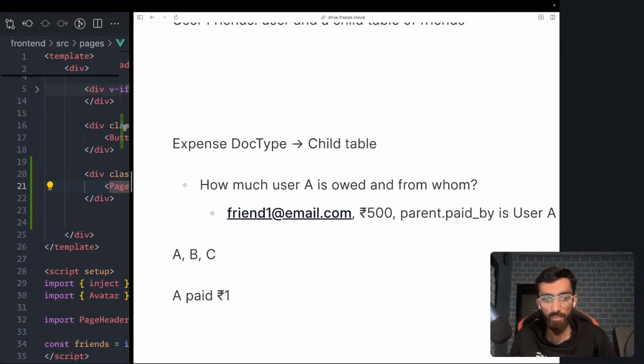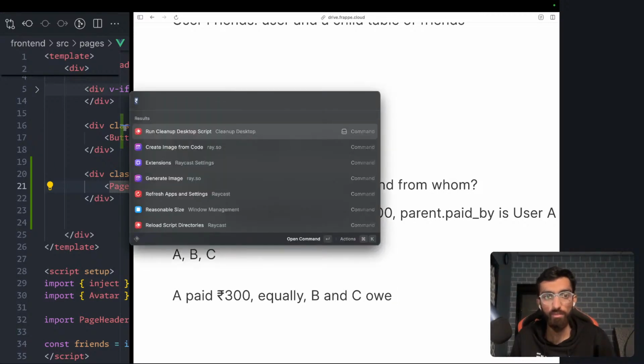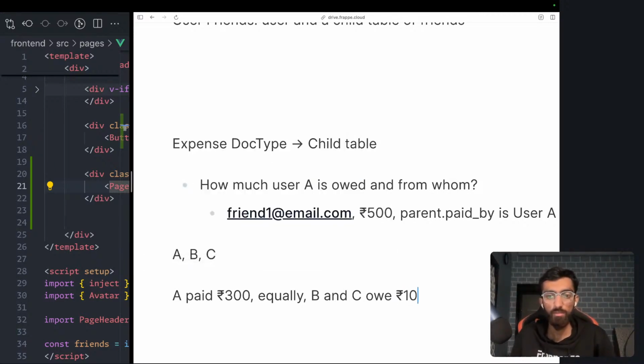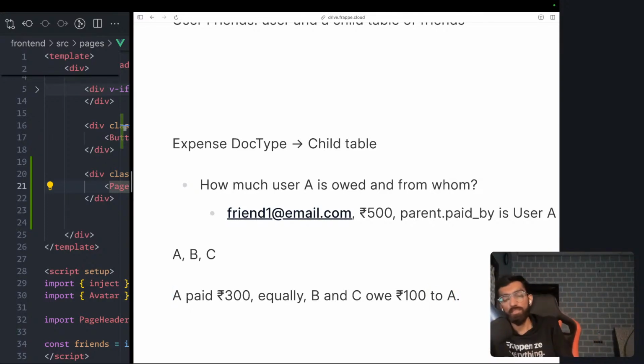A paid 300, equal distribution, B and C owe 100 to A. This is clear. This is not tough, but how do we track this in